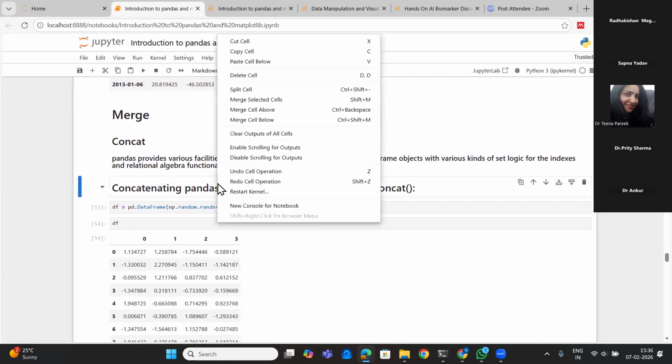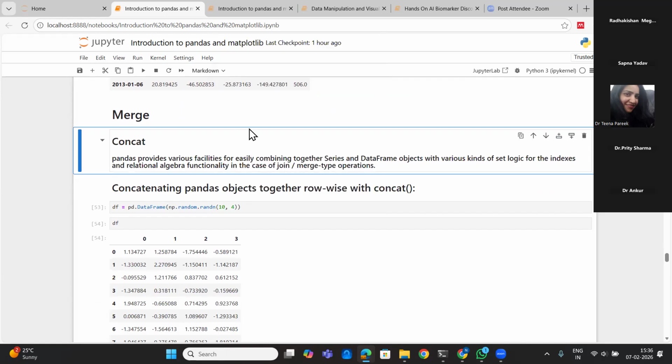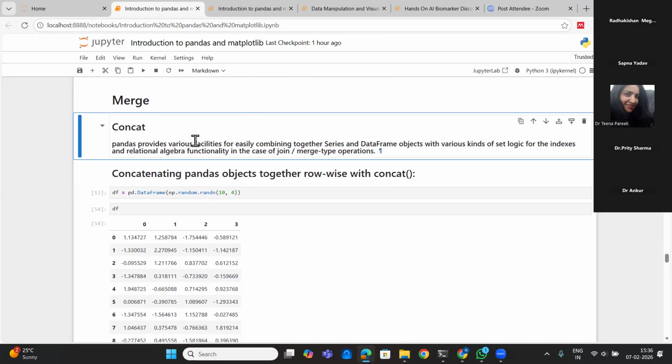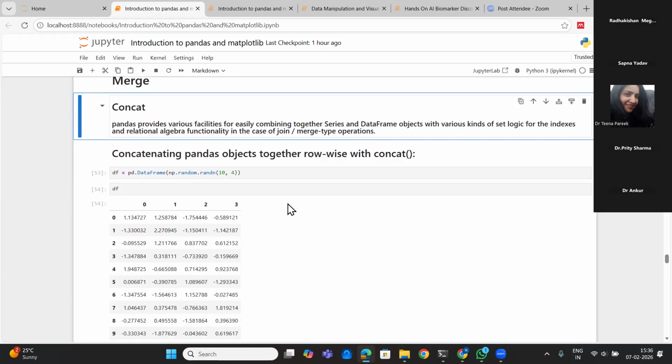Now the second term is merge. This merge is basically used for merging two things. Like we have two data sets and we want to merge them into a single one. You have two ways: the first is concatenate, and the second way is joins, basically relational algebra joins. So you want to concatenate. Concatenate means you want to combine together the series and the data frame objects with various kinds of set logics, or you can simply say that the